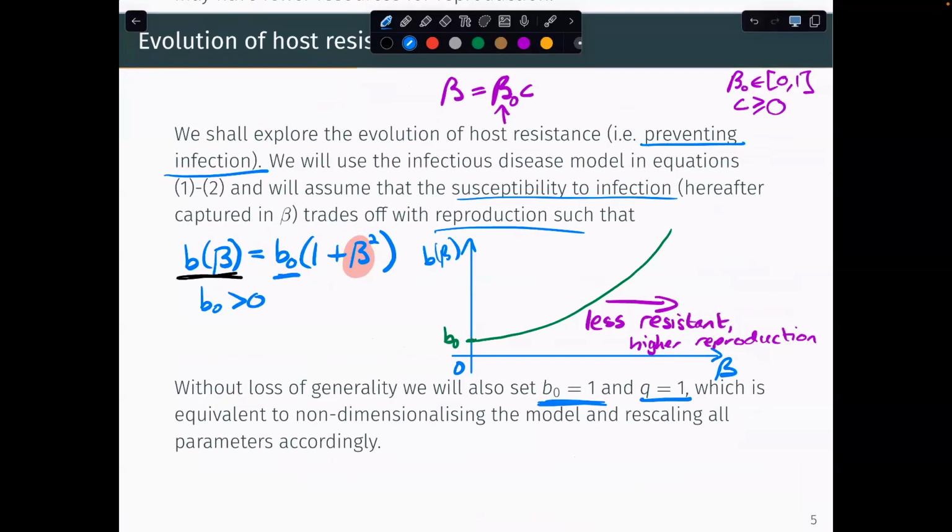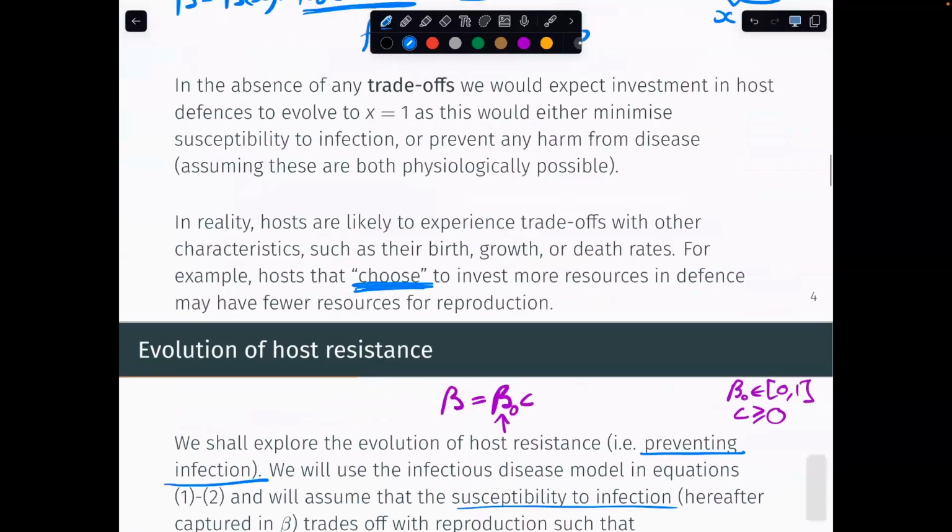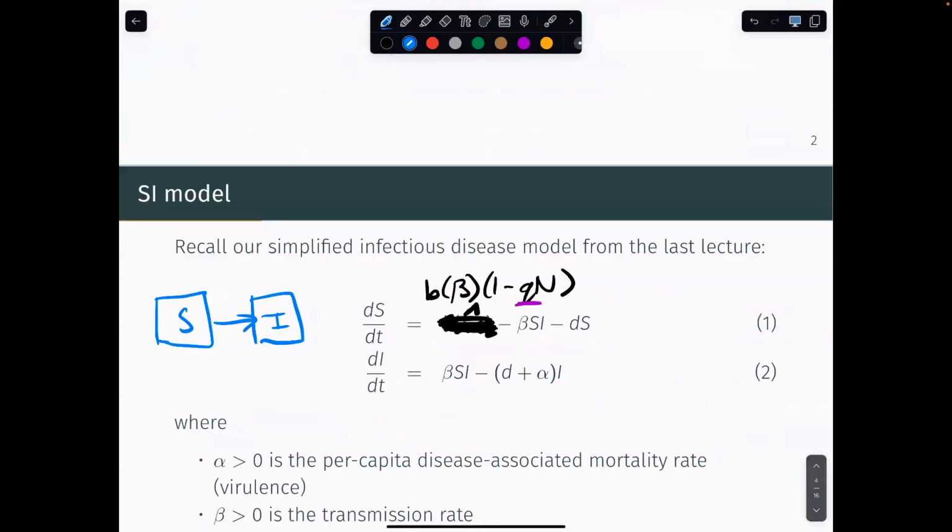Essentially, if you non-dimensionalize the model, all of your rates up here would now be divided by B0. So for example, this D would be over B0, this B2 would be over B0, and so on. And we would be rescaling time according to some, I'll call it capital T here. And then we can rescale the population sizes. So now rather than S and I, for example, maybe we have U is equal to